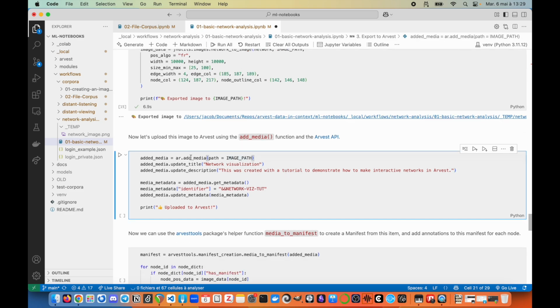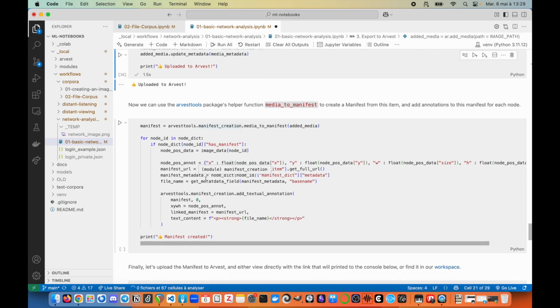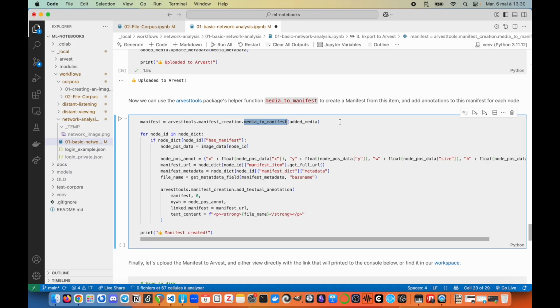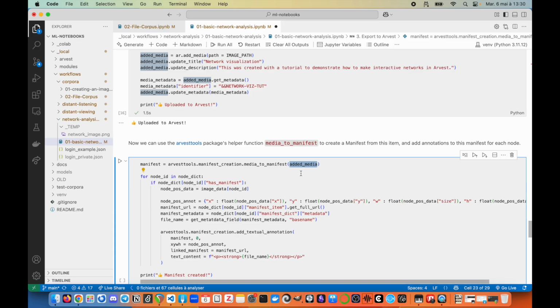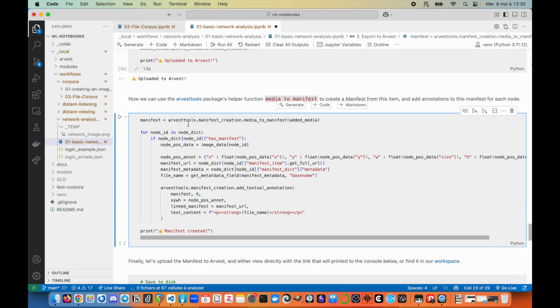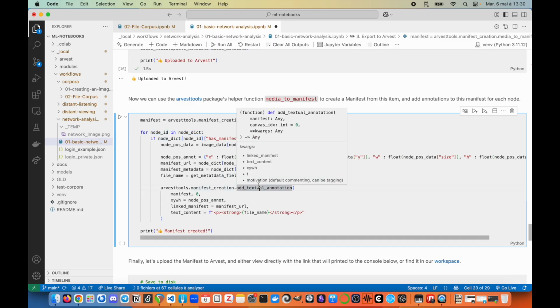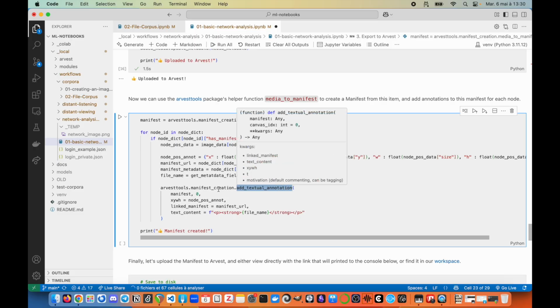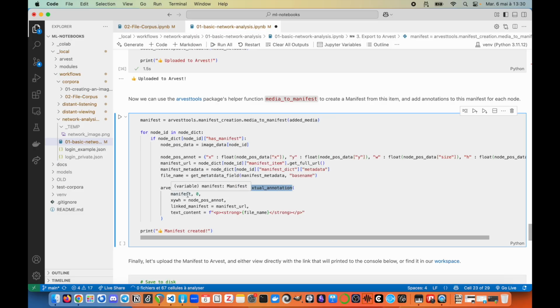This is using the add media function and all the same kind of title, description, updating metadata, all that. So we shall add that. As such, it has been uploaded, and then we shall use the Arvest Tools Media to Manifest function, which we've been using a lot in this tutorial series, that will take this media that we've just added and create a manifest from it. And then for each node we have in our node dictionary, we are going to create a textual annotation using the Arvest Tools add textual annotation helper function, which will add a